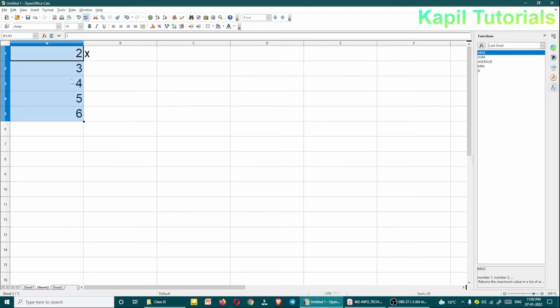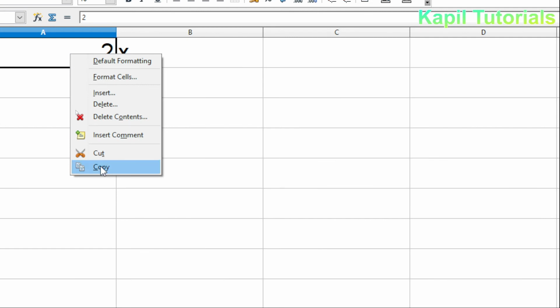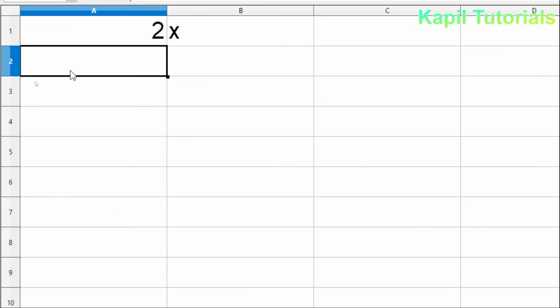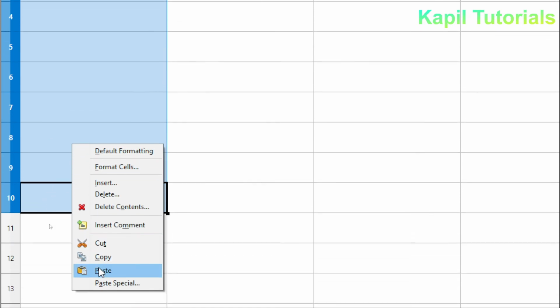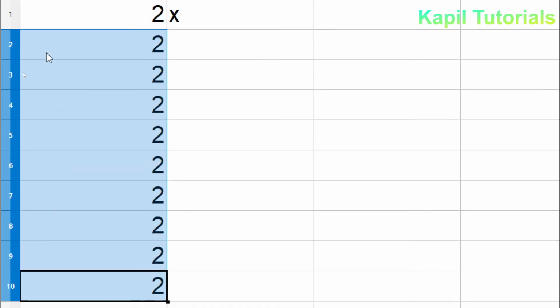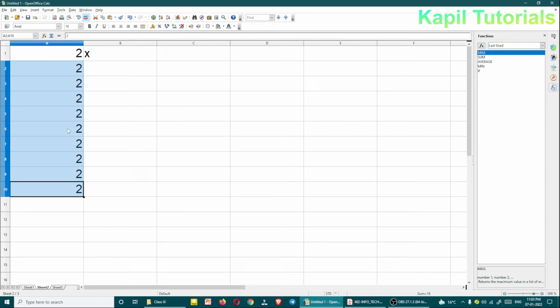So how to do it? I have used the undo key. I'll copy it, then I'll select till 10 and right click, paste. You can see in this way the same number is being copied.